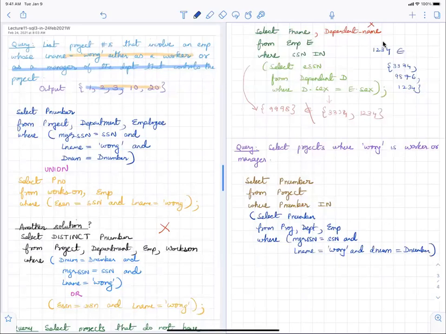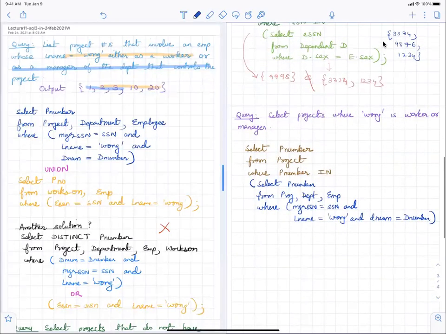What I really did was pick up the part just above the union on the left.